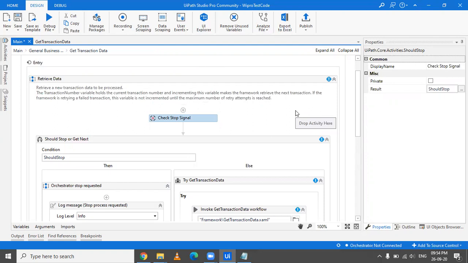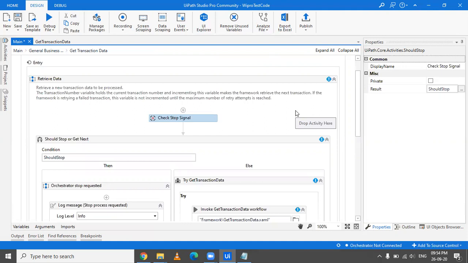Now, by seeing the orchestrator logs, you realize that it is doing something wrong, it is making a blunder, and you cannot let the bot process everything. Otherwise, that will be a data loss or a data manipulation in the wrong way. So you would want to stop it from the orchestrator itself. When you stop it from the orchestrator, if it is in the middle of processing something, it shouldn't stop there.